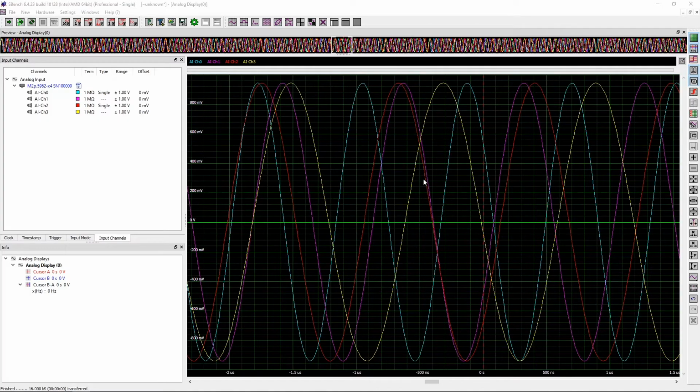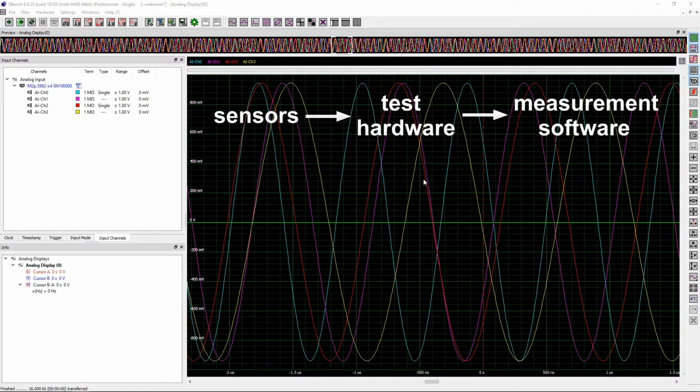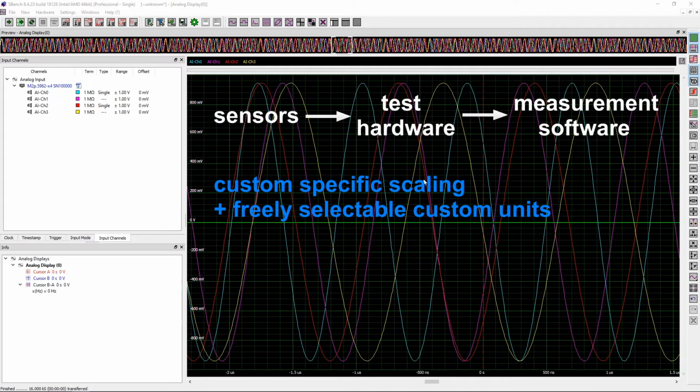In real-life applications, the input signals are generated by different kinds of sensors. The sensor transforms a physical unit into a voltage output, which is then acquired by the test hardware and shown in the displays of the measurement software. To make this process easy, SBent 6 provides a possibility for custom specific scaling and for using freely selectable custom units like N for Newton or like kilometers per hour. In this way, it is possible to rescale the input signals so the exact physical values are shown in the